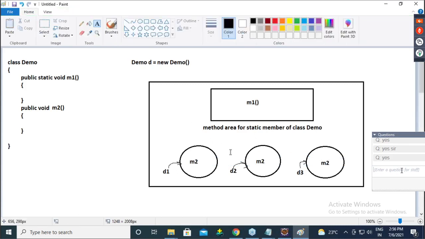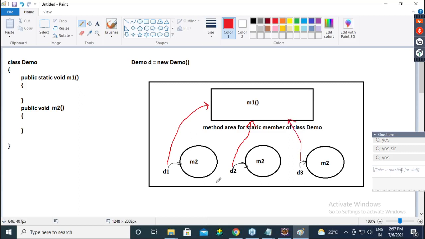And all the references D1, D2, D3 are parallelly pointed to their own objects.